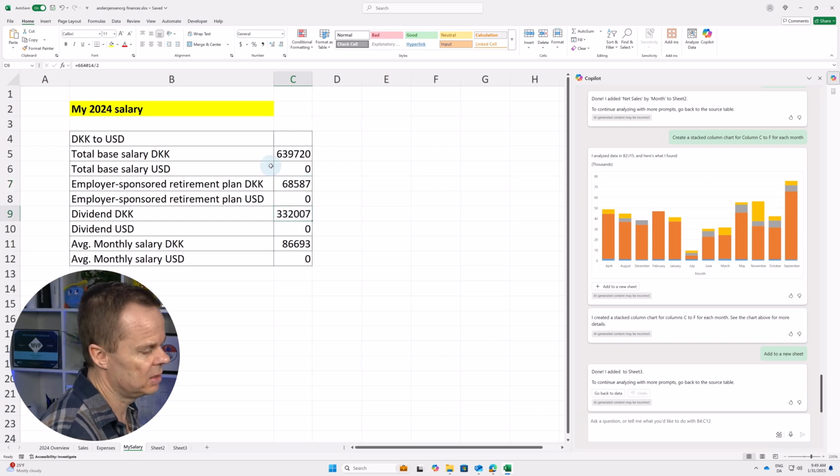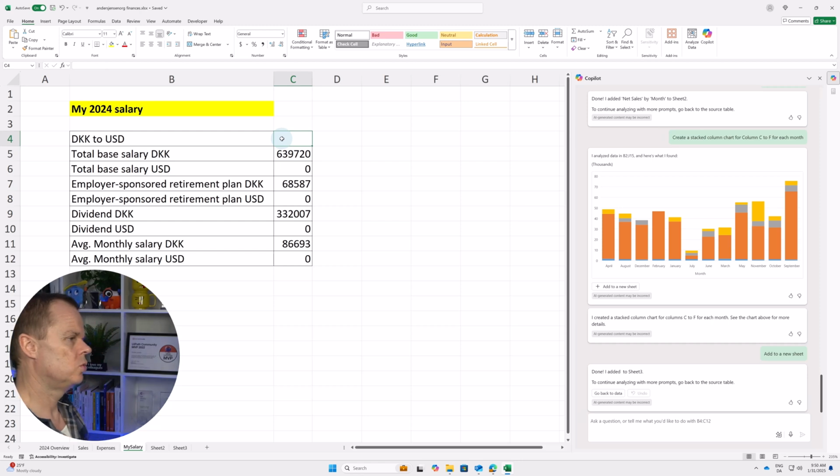And then I got a dividend. Stine and I each got a dividend of 332,000. Remember, all this is pre-tax. This means that my average monthly salary in Danish kroner is 86,693. Now we don't want to use a fixed